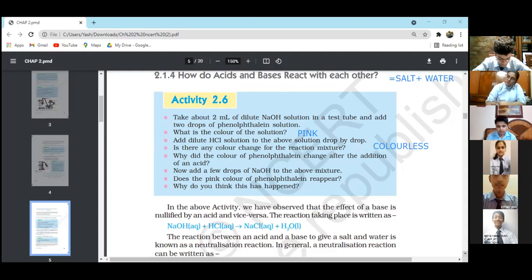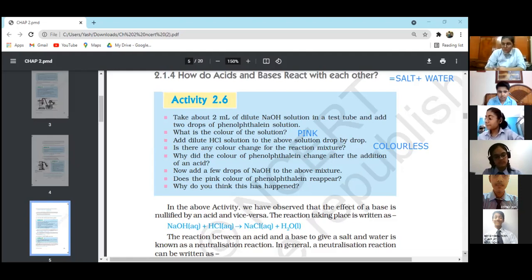So please write down here. You need to understand, beta, that here the reaction has already taken place, right? Reaction has already taken place, and what are the products we have got? Water and salt, NaCl and water. We have already got NaCl plus water, and we have added more NaOH to this salt solution, which is an aqueous solution of NaCl.